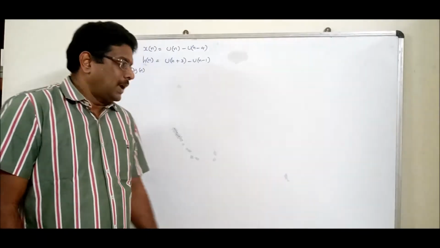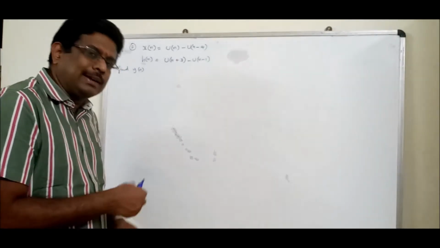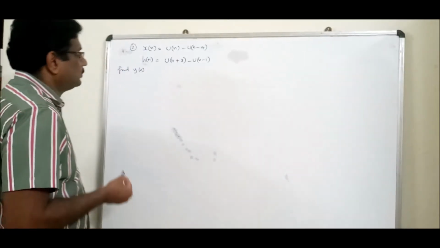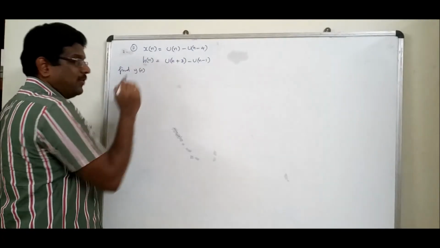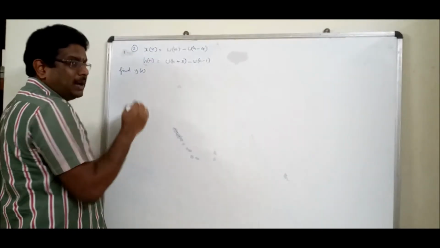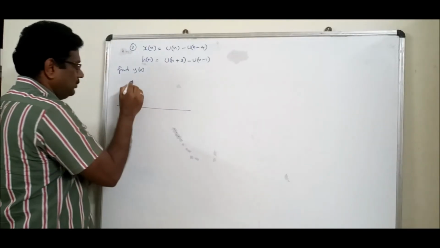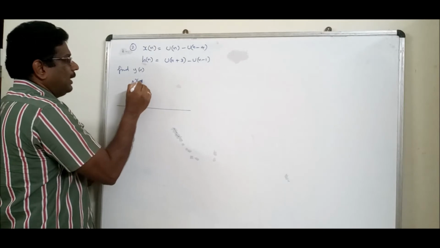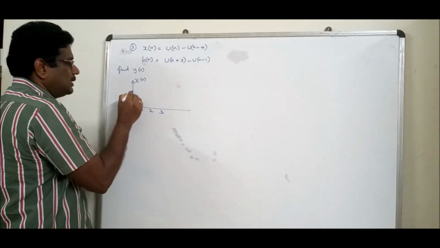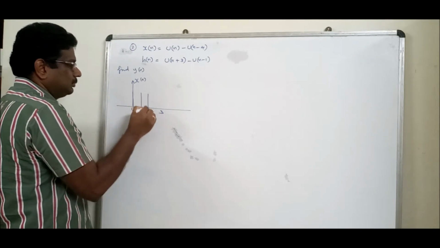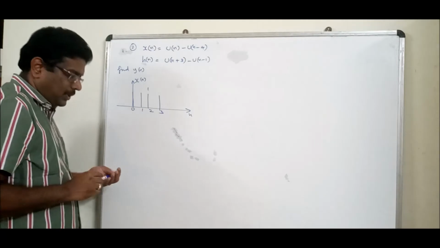Let us do another problem, which is a rectangular with a rectangular signal. Let us sketch the first problem. You should do u of n, then u of n minus 4, then subtract and get the signal. Let me draw directly. It will be 0, 1, 2, 3. This is the result. You just try yourself.